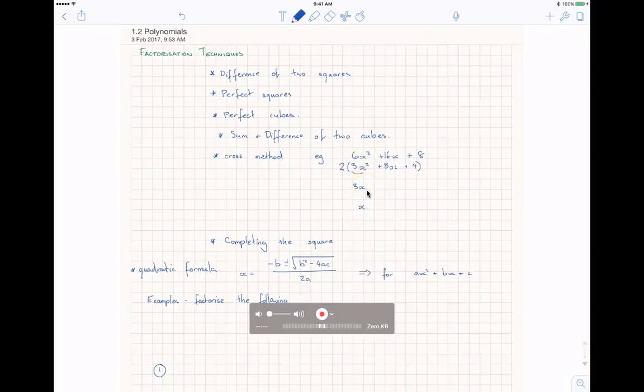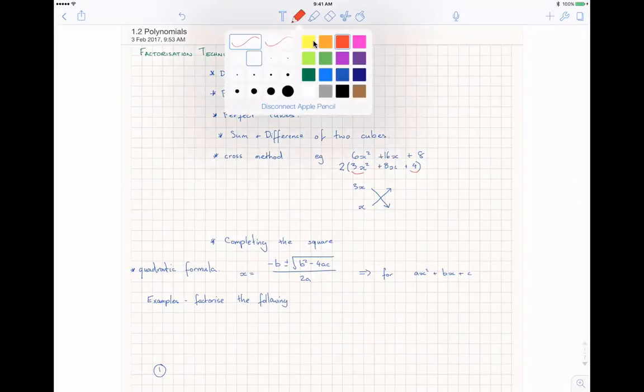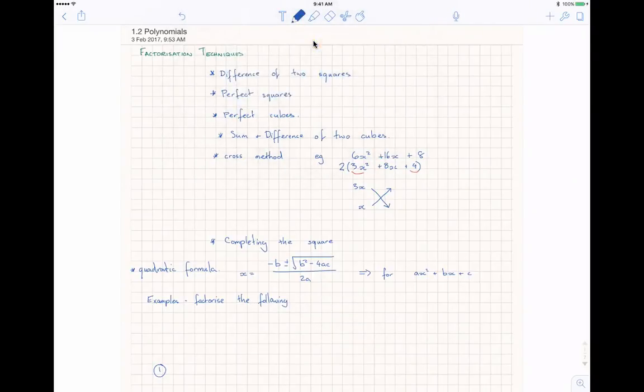So we use 3x and x. Next we need two numbers which multiply to give us 4. They could be 1 and 4 or 2 and 2. But when we cross these over, we need to get a sum that adds up to 8x. So if we try 2 and 2 to begin with,